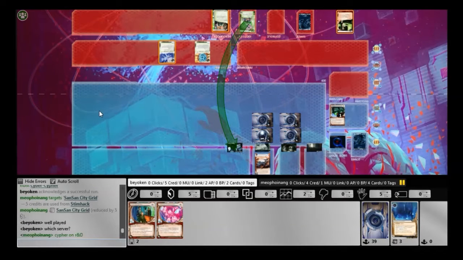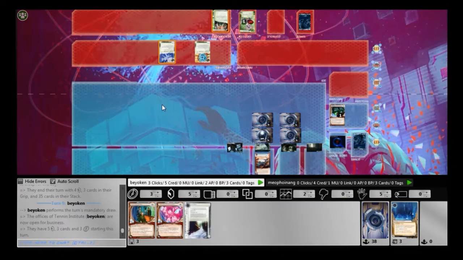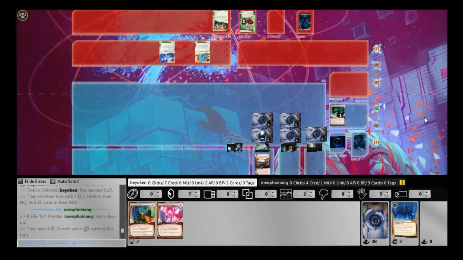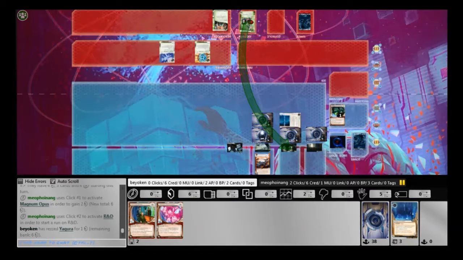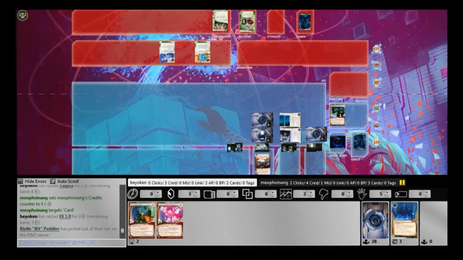So yeah, I at least force him to use a lot of credits on his Stim Hack to trash my Sensei. And he conveniently dug out his Cyber Cipher while doing so, using the remainder of the Stim Hack credits with SMC. So that's a pretty smart move. The Cyber Cipher is aimed at R&D. It doesn't show on the board, but yes, it's pointed at R&D,